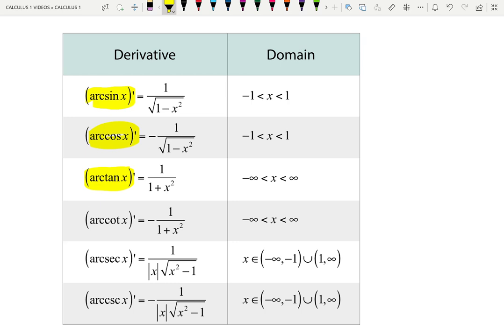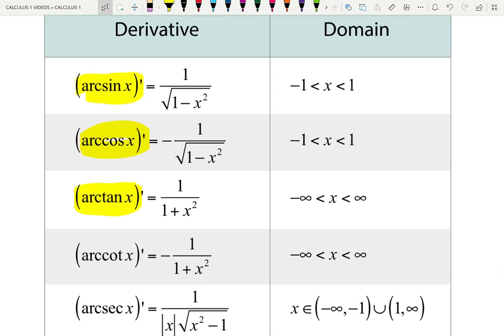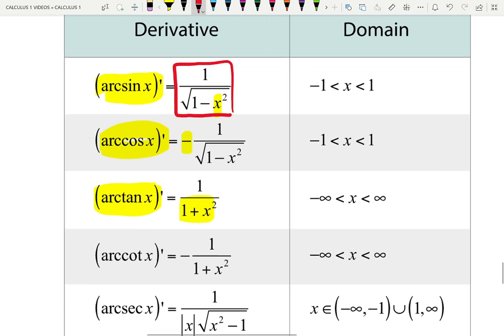So I remember it this way. The derivative of arcsine is 1 over square root of 1 minus input squared, and I'm saying it out loud. 1 minus input squared. Cosine has a negative in front, but everything else the same. Arctangent is the best one. Doesn't have the annoying square root, and it's also plus in the denominator. The function we see in front of us is 1 over square root of 1 minus x squared, and it